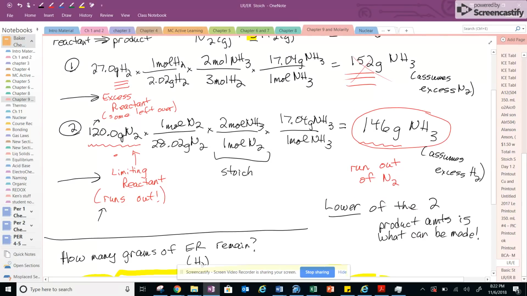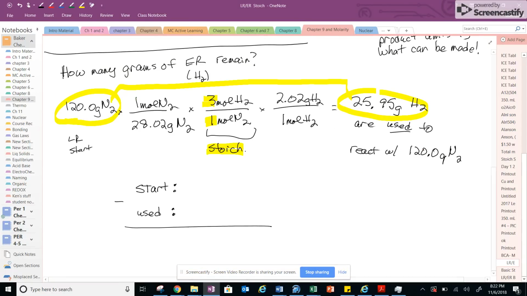So let's see. According to the problem, we started with 27.0 grams of hydrogen. The math here, the stoichiometry, told me 25.95 grams of hydrogen were used up. So how much is going to be left over? The difference in those two values. And so if I subtract this, this is